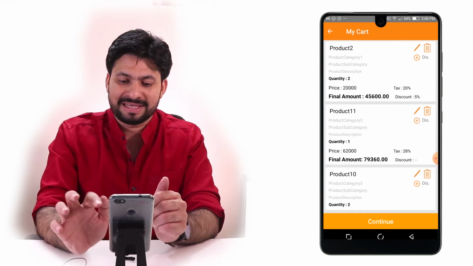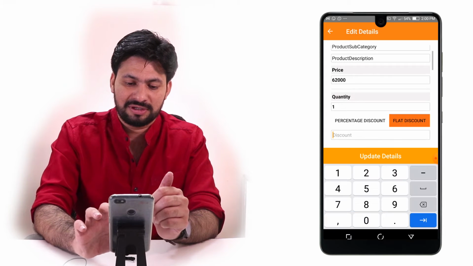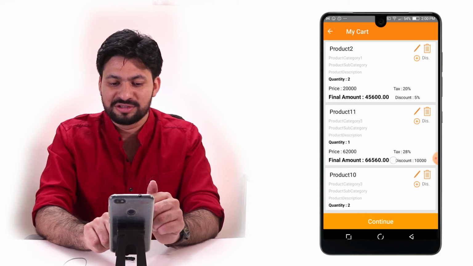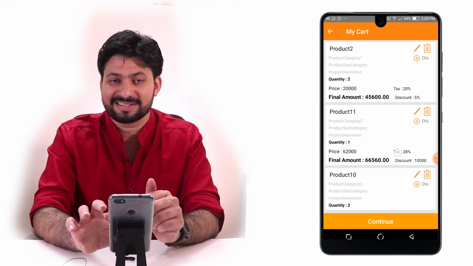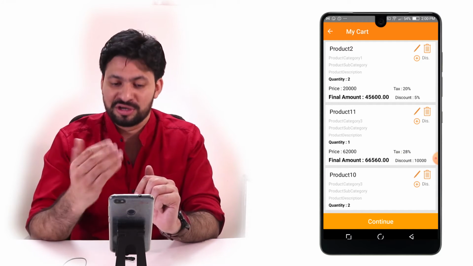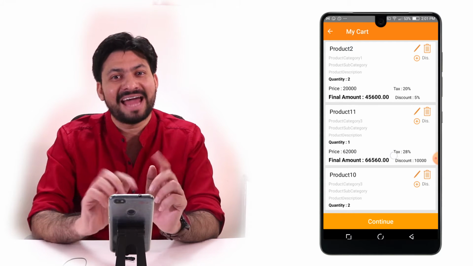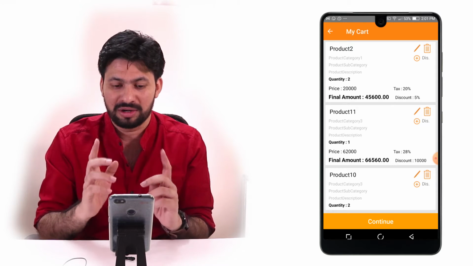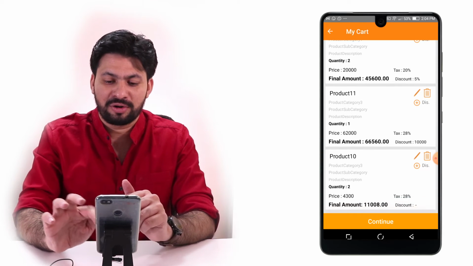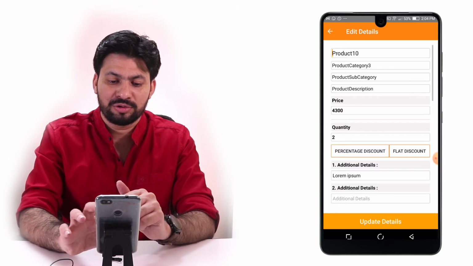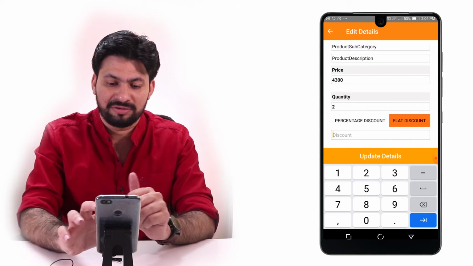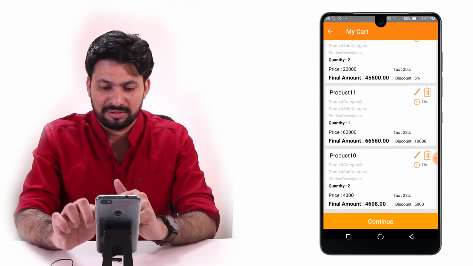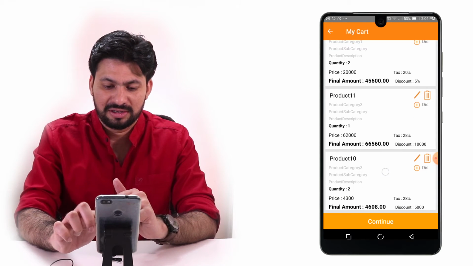So here for this customer I'm adding, so you keep a close watch on this amount now. Okay, I'm going to exactly give a discount of 10,000. Okay, and now you can see it is reduced, but remember there is also a tax, and we have chosen with taxes, so it reduced from the main amount and then added the tax into it. Okay, it's all happening real time, and you can see again I'm using only one finger to do that. And then for the third product, I am going to add another discount, maybe a flat discount of 5,000. Okay, and you can see all the things have been added here already.